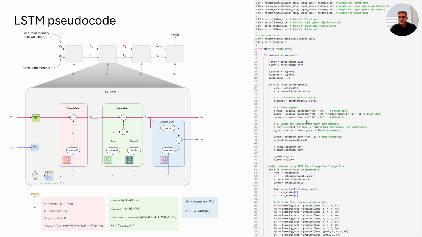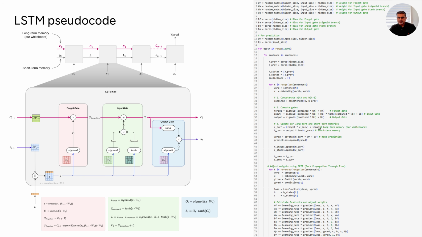Now, the output gate's OT value is calculated as what? Again, the combined Z value, which is the combination of the word embedding at the current timestamp with the previous short-term memory, with its own weight matrix called WO and the bias matrix, and then you take a sigmoid. That's OT. Okay.